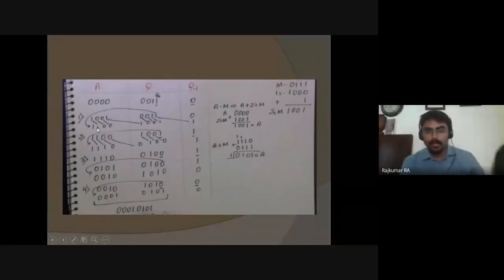So from the q0 value to here we are shifting. This one will come to here, and this one will be here, and this zero will be here, and this zero will be here, and this one will come to here, and this zero will be here, and this zero will be here, and this zero will be here. By default the one is shifted here, and this one will be coming to here. Okay, so this is step number 1.